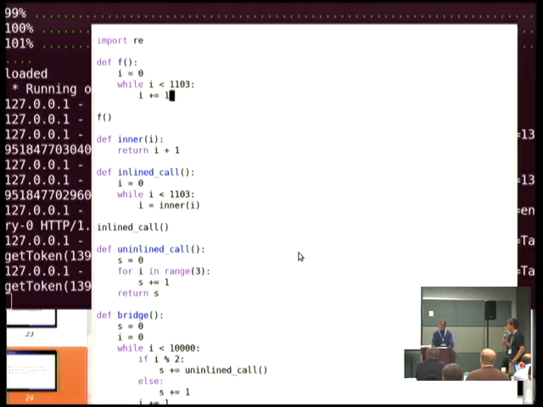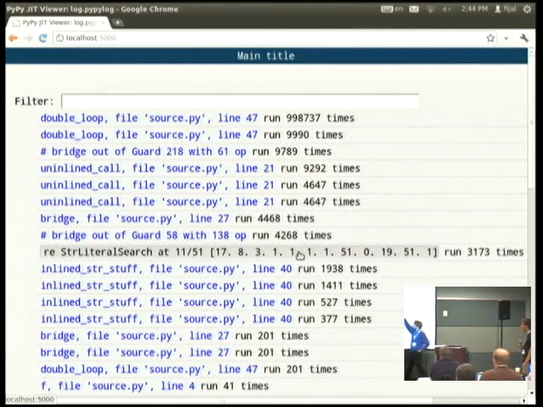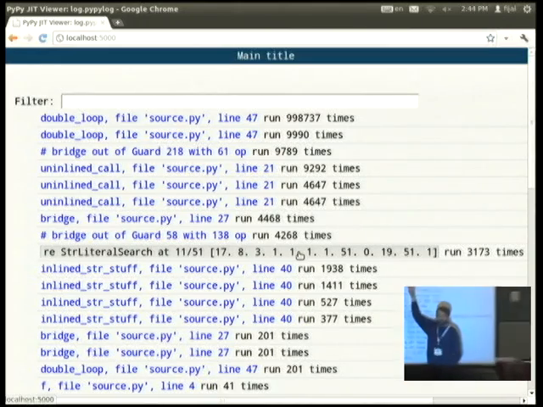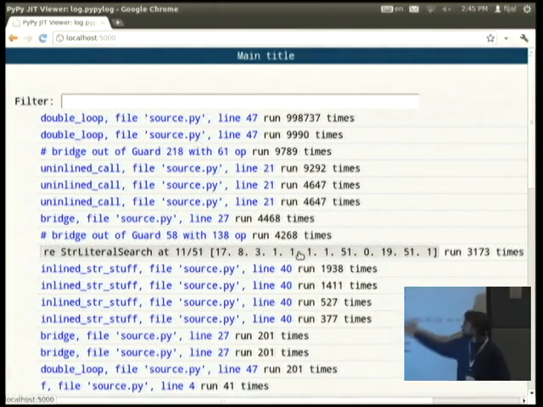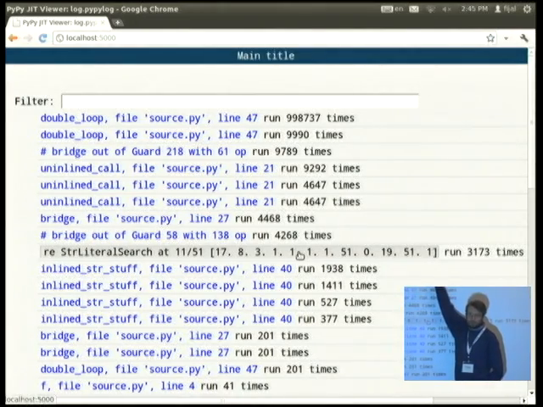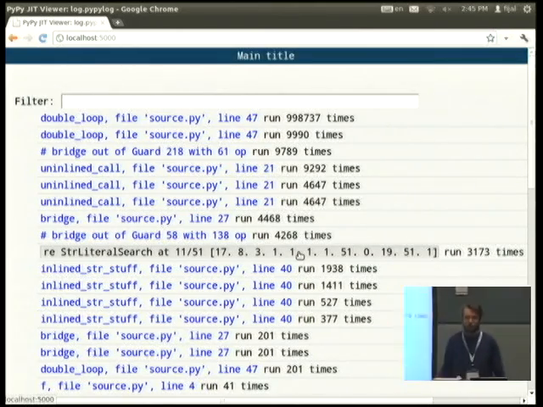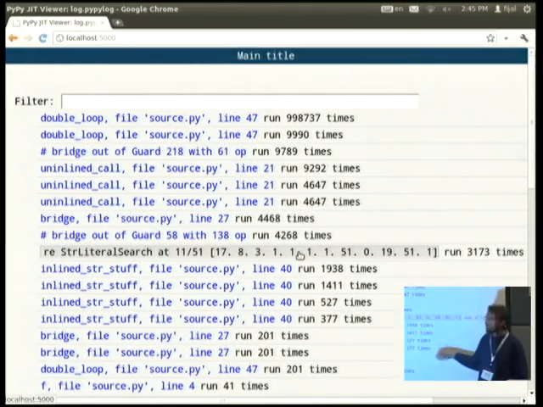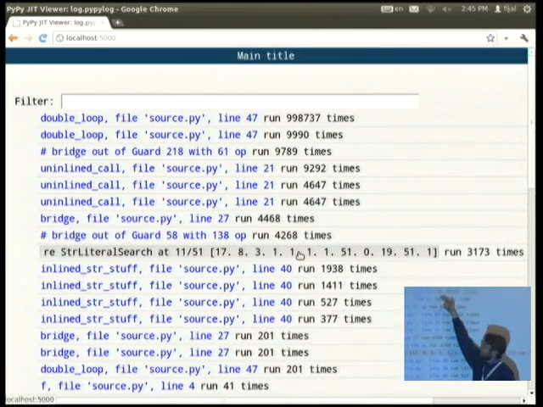The way you look at this is that it shows you every loop or every single function that was compiled by the JIT, sorted by the number of times that it was run. So if you have a real program and use this JIT viewer on it, the interesting points are the first few, of course.